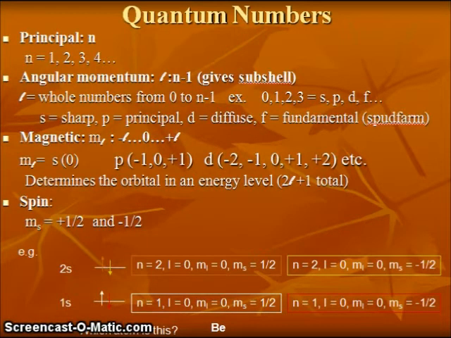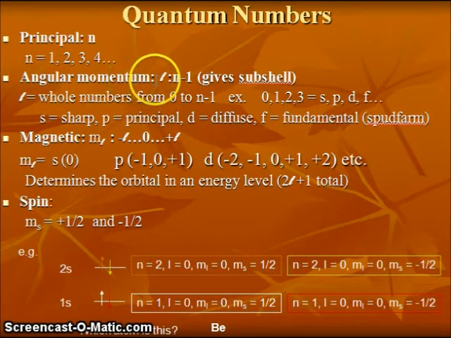One important aspect of quantum mechanics are the quantum numbers. These are numbers which describe the position of different electrons within an atom. The first quantum number is called the principal quantum number. We give n as the symbol for that. N is going to tell us which energy level an electron is located in. Electrons can be located perhaps in level 1 or maybe in level 2, level 3, level 4. It depends on how big the atom is and how many electrons it's going to possess.